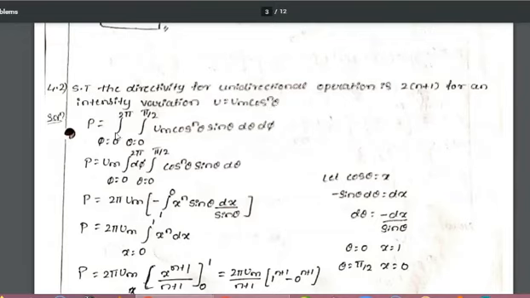Now how do we solve this particular problem? As it has already been given as a unidirectional pattern, P is equal to the integral with phi from 0 to 2 pi, the azimuth angle, and theta the given polar angle. They have mentioned unidirectional, that is why we have taken pi by 2 here. As usual, Um cos raised to n theta is given, with the solid angle sin theta d theta d phi. So it is easy to proceed further.